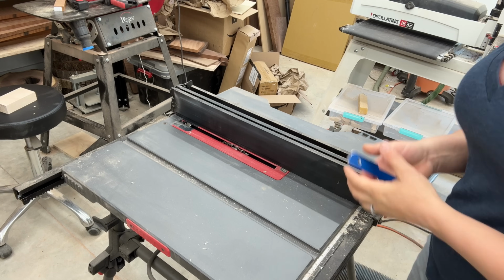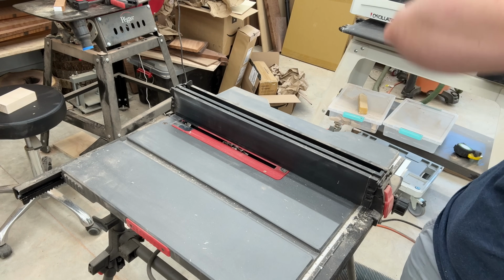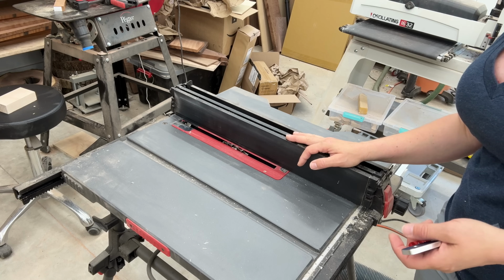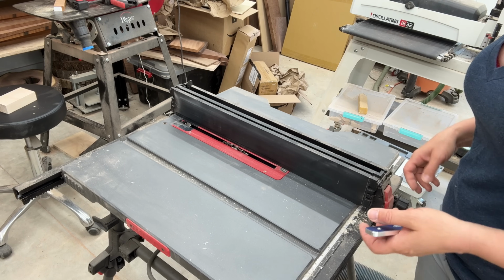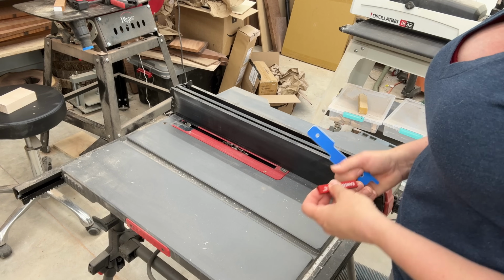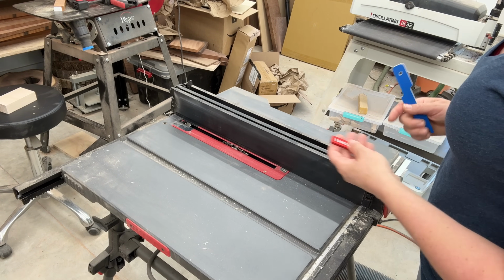Now I'm going to use this tiny table saw. This one is a Skil table saw. It's not a great saw. I do not recommend it. But this is what I'm using because I'm too lazy to change my blade on my big saw into a